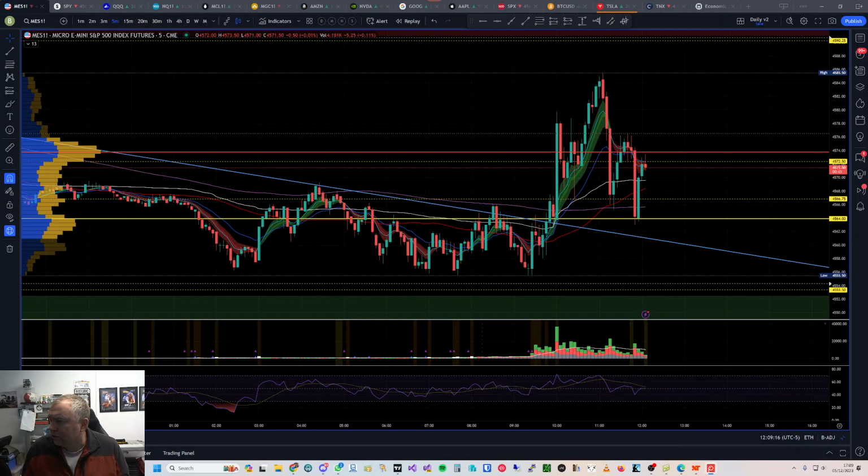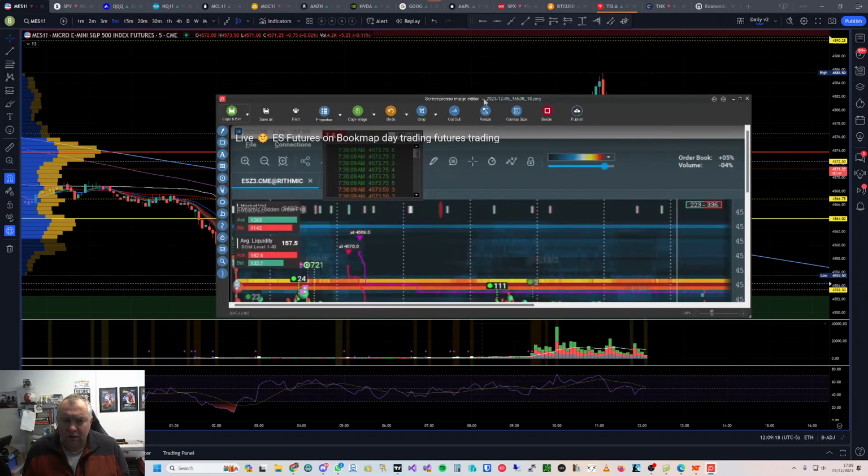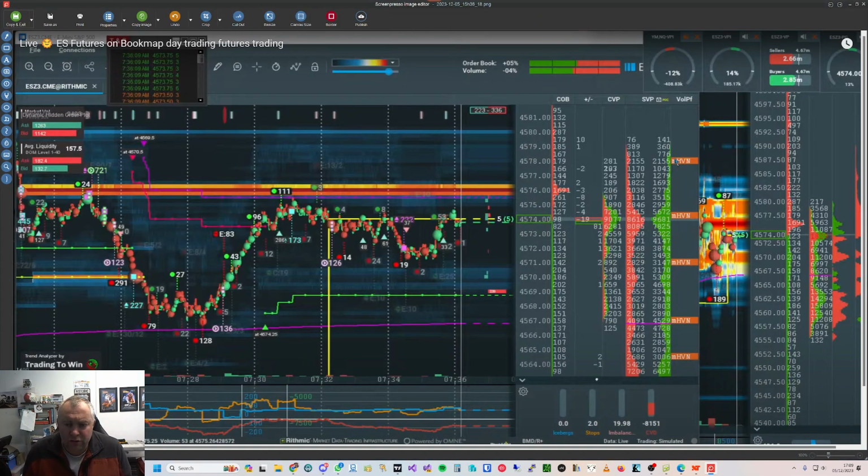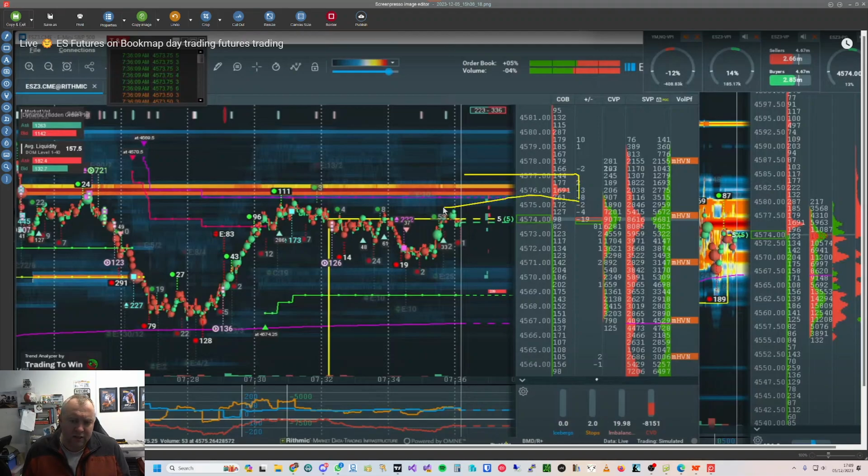Let me just drag the picture across. So I took a screenshot of the level 2 on Bookmap, and we can see just here it went over 1,700 sellers sitting there. Last time we came up into that level on big green aggressive buyers, but it couldn't penetrate it, came down, came back up, retested it, couldn't penetrate it, and eventually, I haven't got the screenshot,